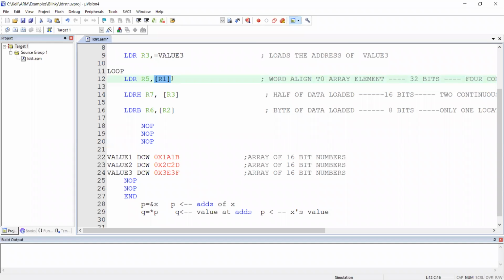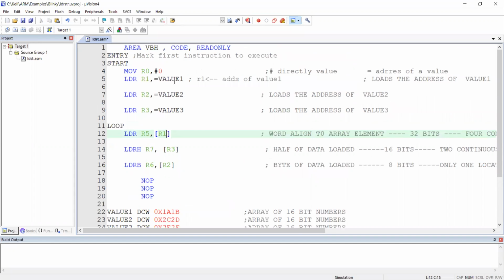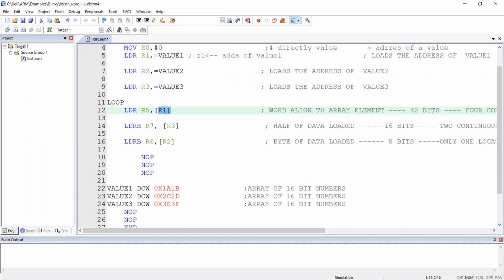This star means bracket R1; R1's value is an address. So bracket of address means what is there in that address? Before I could continue this, which takes a little more explanation,